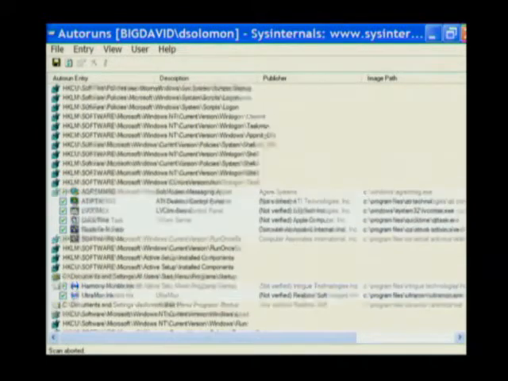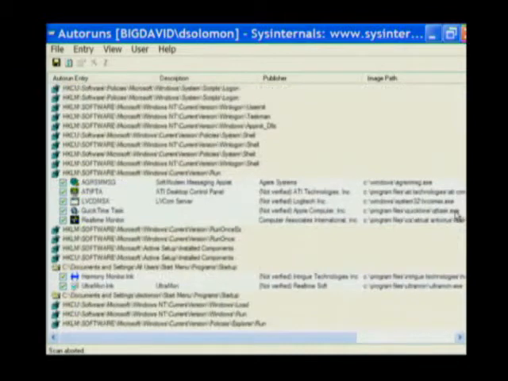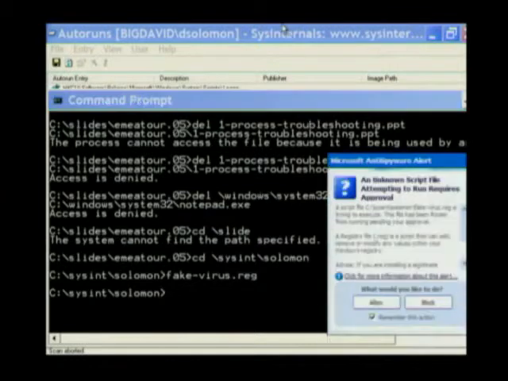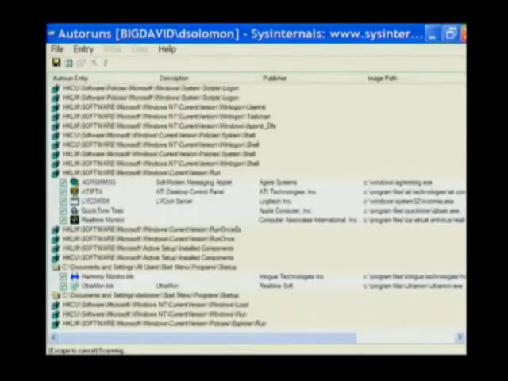Now that little fake virus program, where is that? Anybody see it? I had deleted it actually in the last class. Let me put it back. Solomon, fakevirus.reg. Allow. By the way, Microsoft AntiSpyware just caught that, but I'm going to allow it to be added to the registry. Yes. And I'm going to press F5. And sure enough,